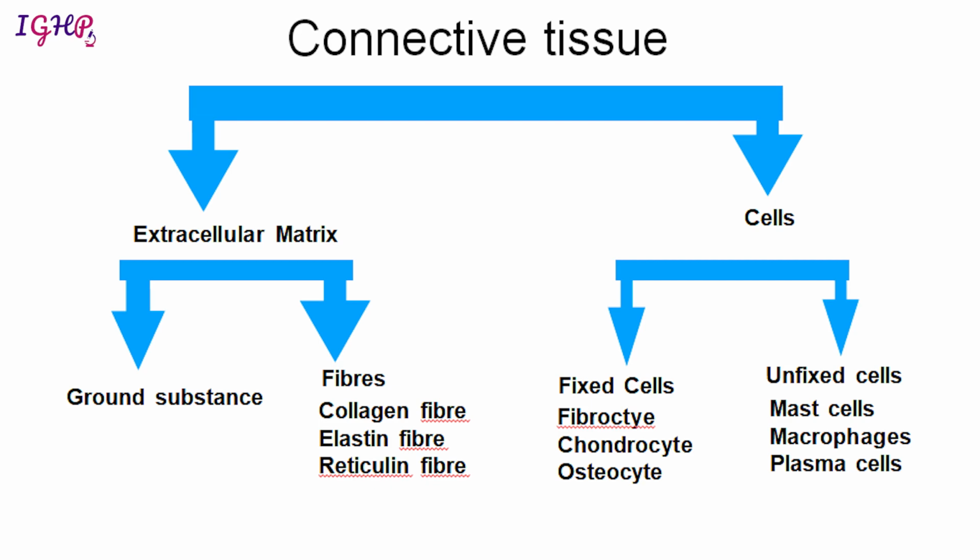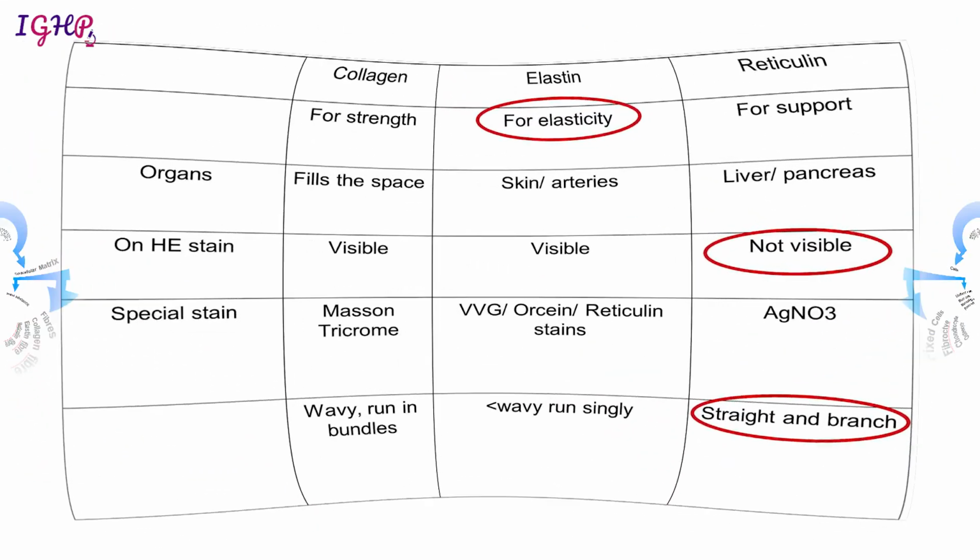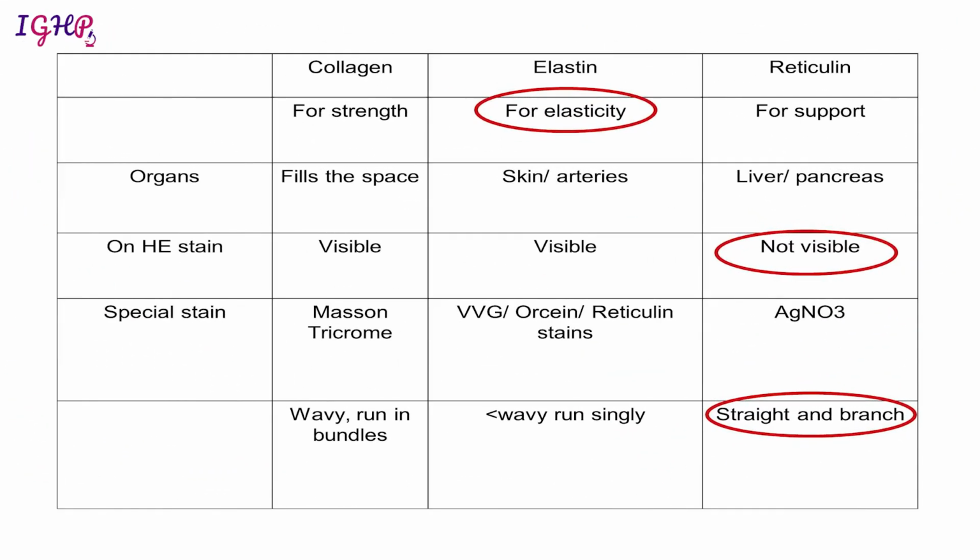Then finally in the matrix we have the ground substance, which is the mucin pools, myxoid pools, or the loose myxomatous tissue. So these are the things which are going to constitute the connective tissue, which will be seen beneath any epithelial structure. So before we go further, let us first understand the different types of fibers that we see